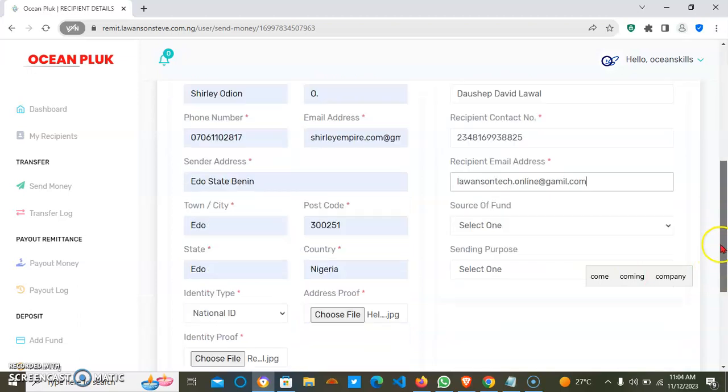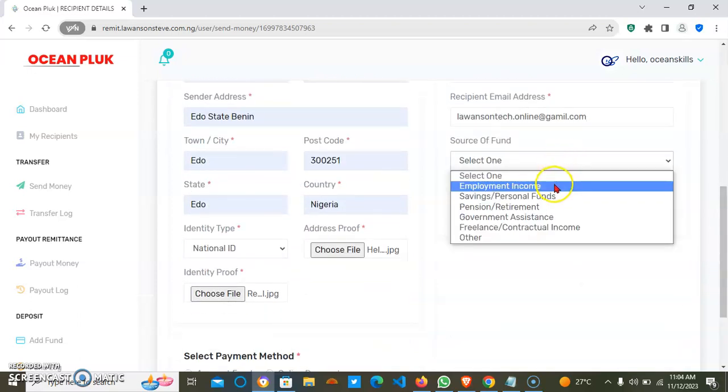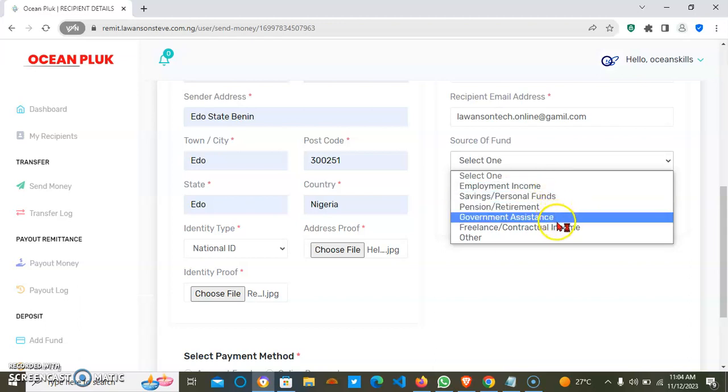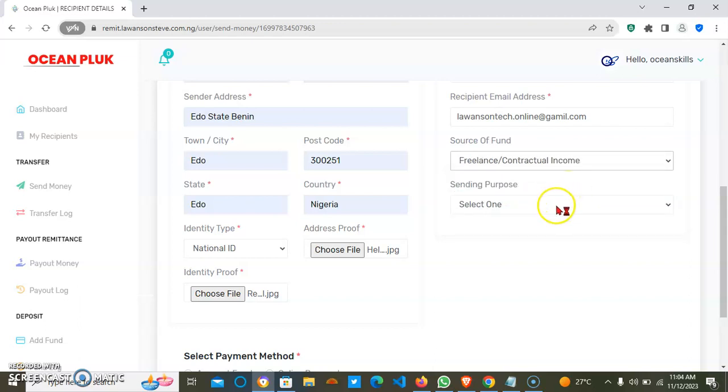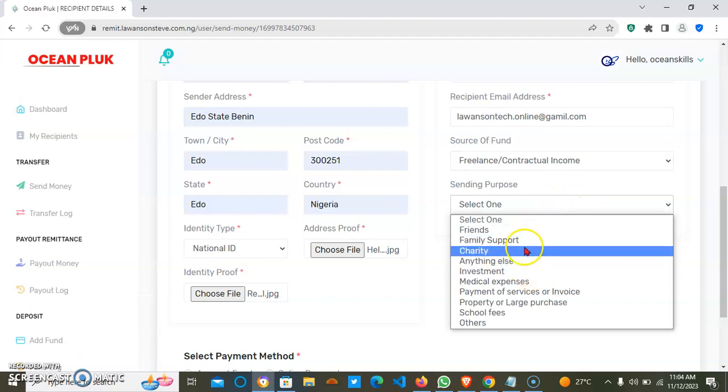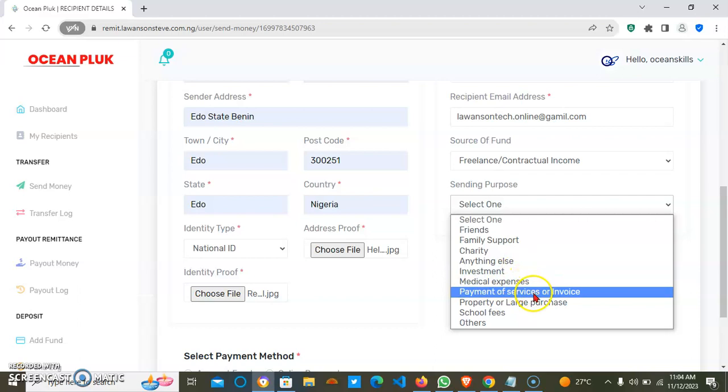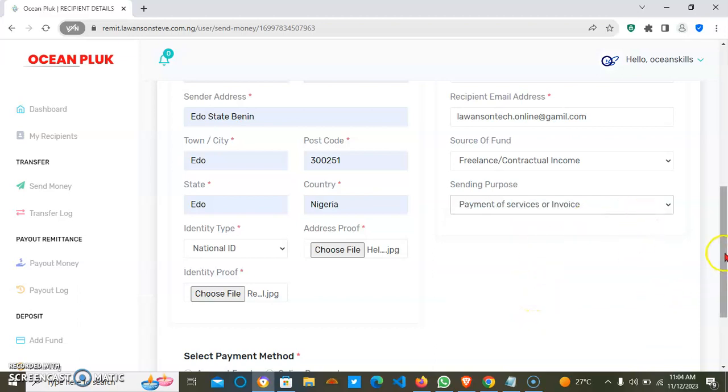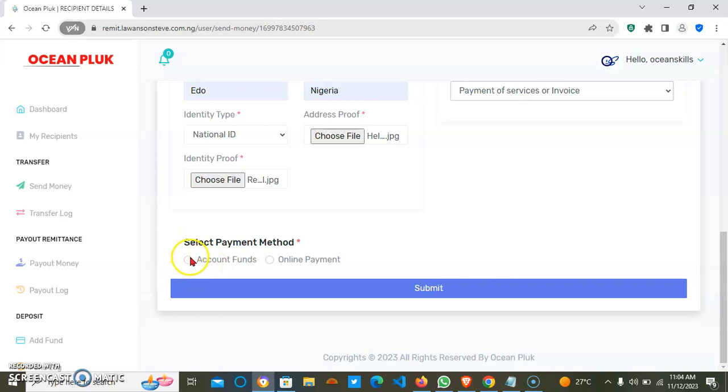Right. Then source of funds. You provide source of funds. Let's set contract, and let's set for friends or anyone, you select it, payment for services or invoice. Then select payment method. Is it account funds or online funds? Account funds means the remaining balance I have, the money will be deducted from there. But online, I'm going to make use of my card or my ATM to pay for it. So I'll just use account funds. I'll click on submit,